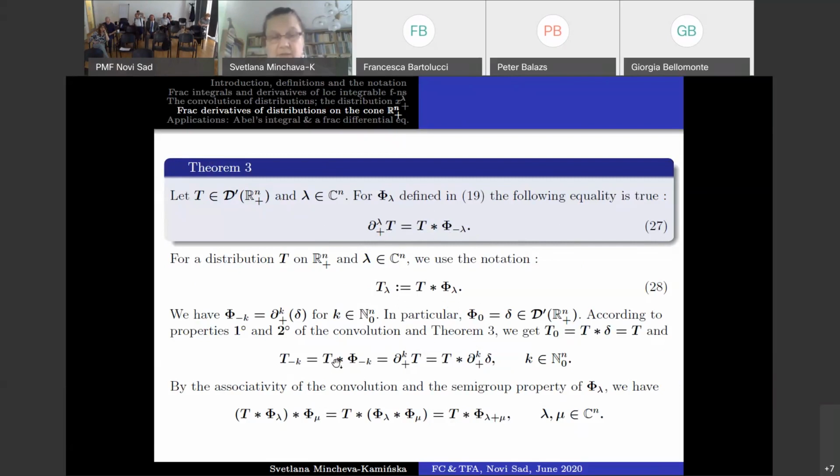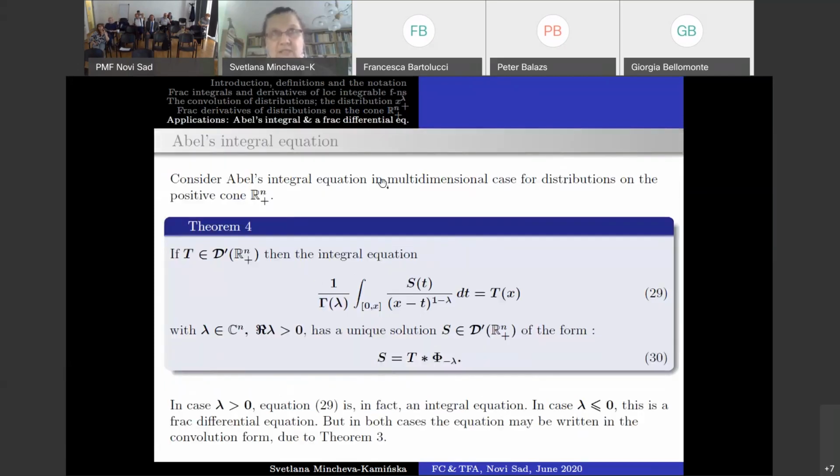Having in mind this semi-group property, we obtain that this representation has a very simple